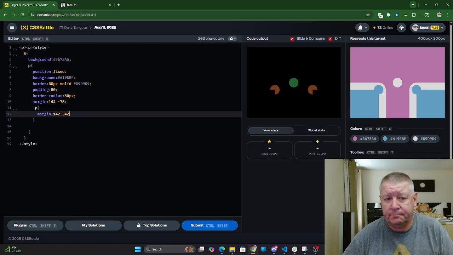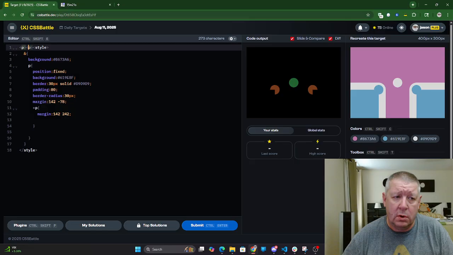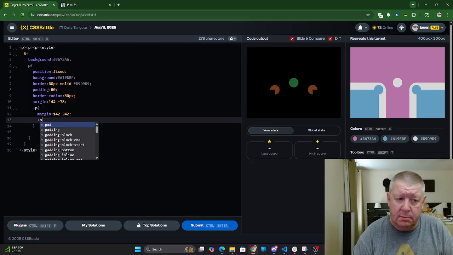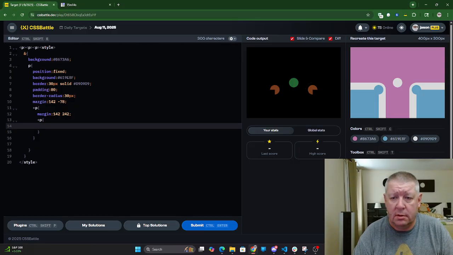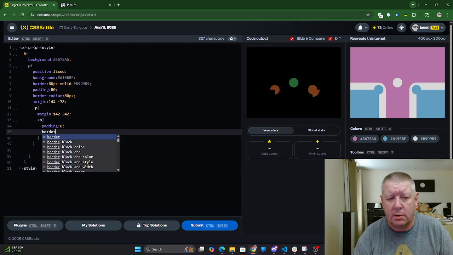Okay, there's that. And I need one more element. So sibling selector. Padding 0. Border